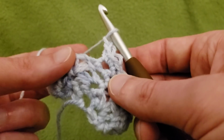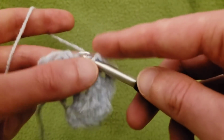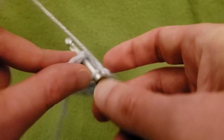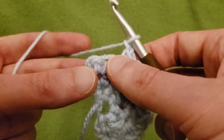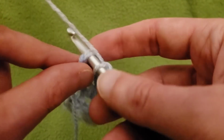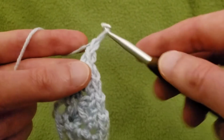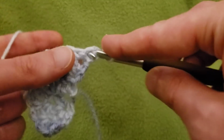chain 1, skip that stitch going into the space with a single, chain 1, skip the stitch going into the space with a single, chain 1, skip a stitch going into the last with 2 singles. All right, chain 1, turn the work, 2 singles in the first stitch,